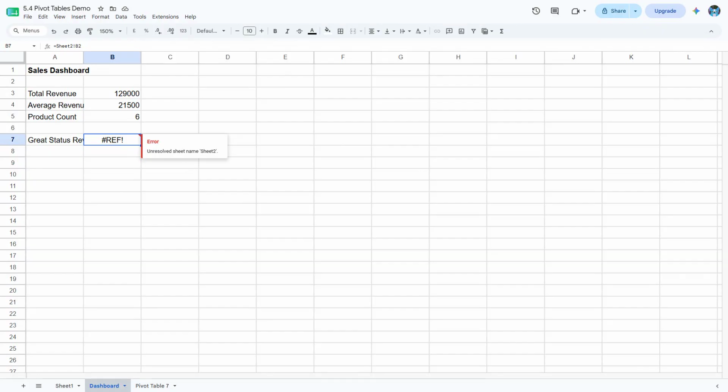The fix is to stop depending on which row the pivot table happens to put Great in, and ask the source table directly instead. Select B7, and retype it as equals SUMIF, then Sheet 1 exclamation mark C2 colon C8, comma, Great in quotes, comma, Sheet 1 exclamation mark B2 colon B8, close parentheses. Press Enter. It shows 72,000 again, correctly,